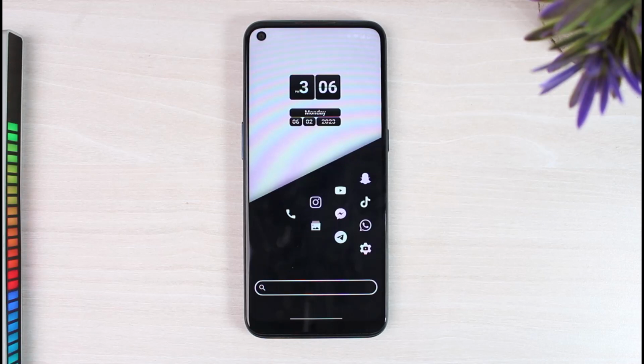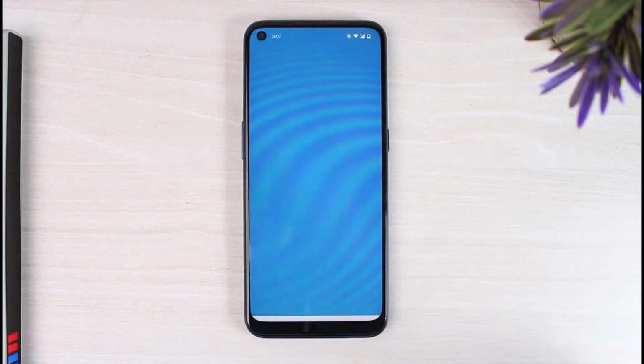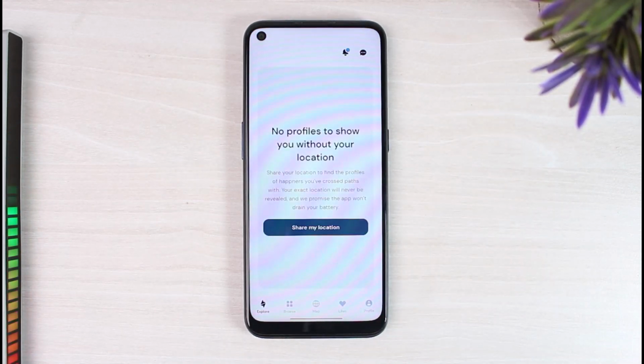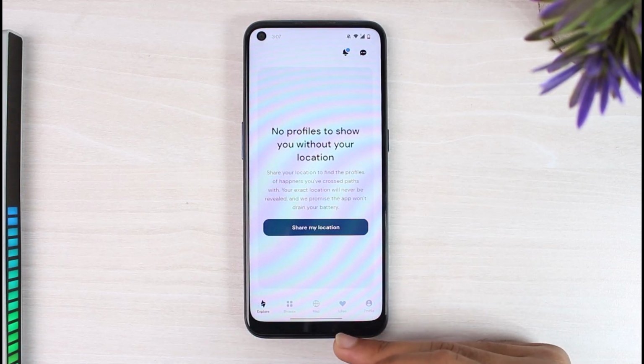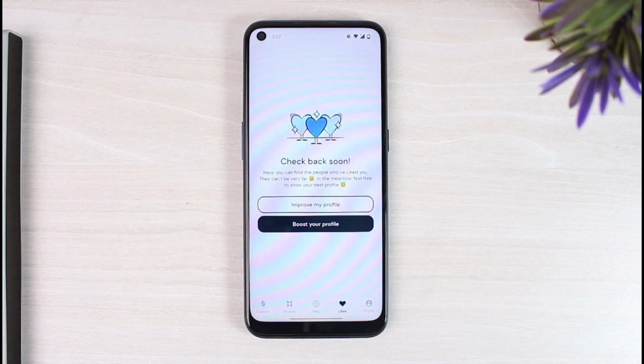In today's video, I'll show you how you can see who liked you on Happn. So to do that, first of all, open the Happn app on your mobile device and then make sure you are logged into your Happn account. Now once you're logged in, your home page will look somewhat like this, where you'll have to simply tap on the likes option on the bottom right side of your screen. Simply tap on it. And now, if somebody likes your profile, you will be able to see them over here,